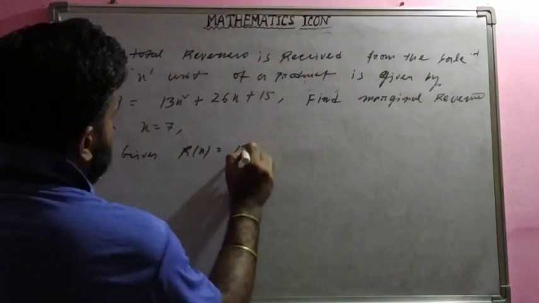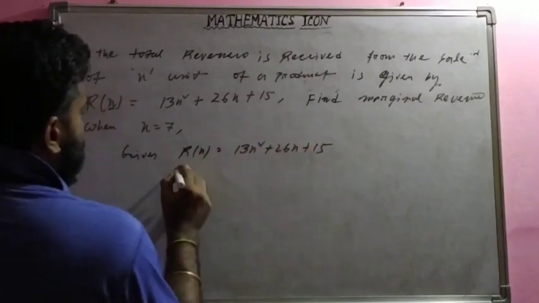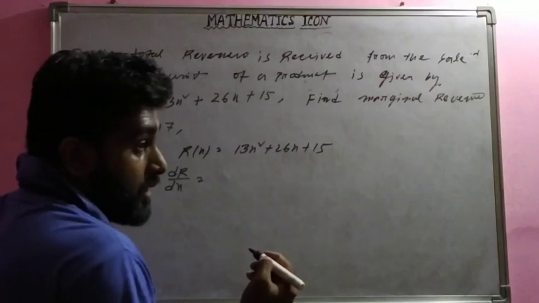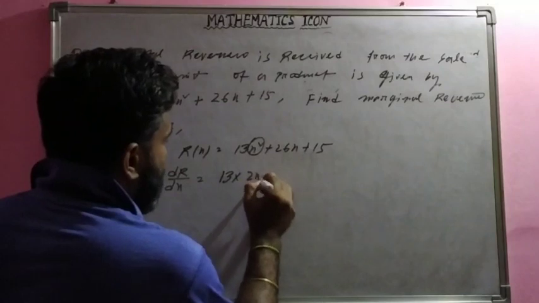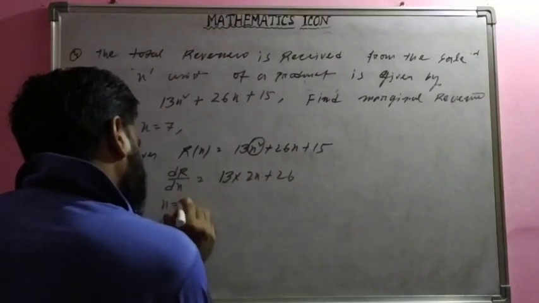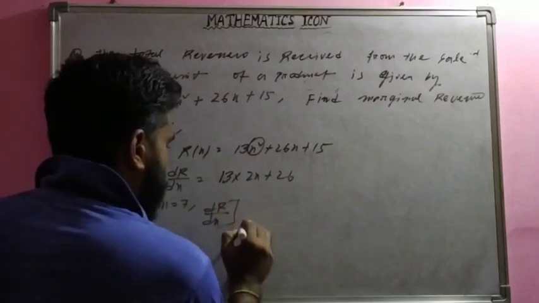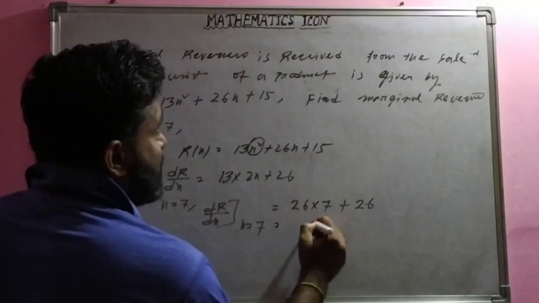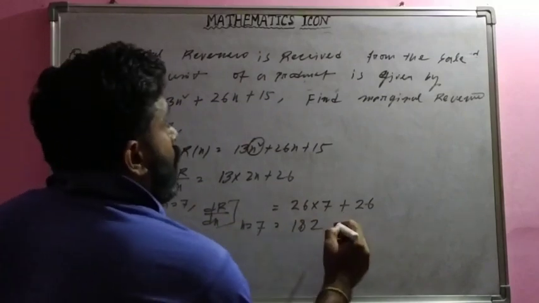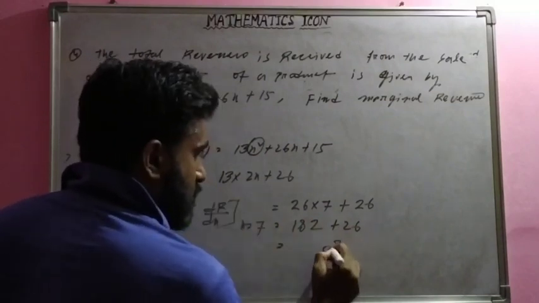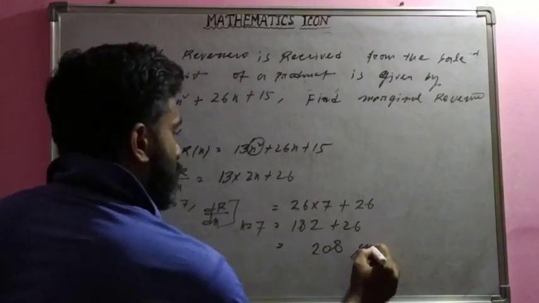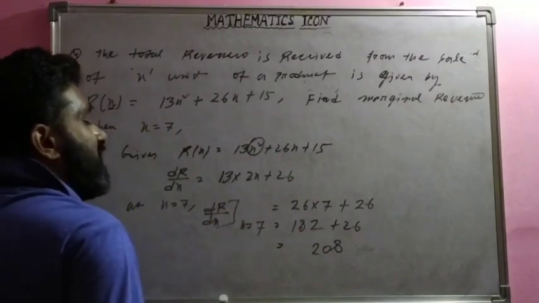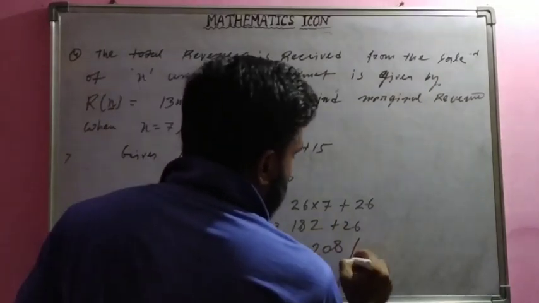सो गिवन R(x) इक्वल्स टू 13x² प्लस 26x प्लस 15। सो dR/dx, x के रेस्पेक्ट में करना है, क्योंकि रेवेन्यू तो प्रोडक्ट का क्वांटिटी के ऊपर ही डिपेंड करता है। 13 इंटू x² का डिफरेंशिएशन 2x प्लस 26। सो एट x इक्वल्स टू 7, दैट मीन्स dR/dx का वैल्यू आपको निकालना है जब क्वांटिटी x इक्वल्स टू 7 हो। 26 इंटू 7 प्लस 26, दैट मीन्स 208। ये तो रेवेन्यू का चेंजेस निकल रहा है। सो दैट मीन्स रेवेन्यू तो रुपीज आएगा, ₹208 पर यूनिट ऑफ x।